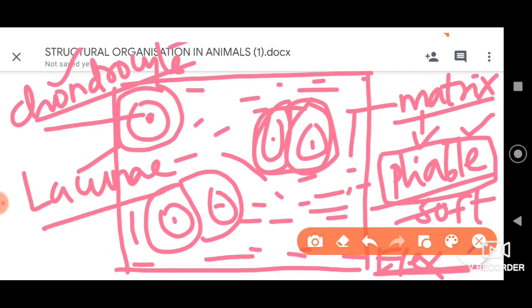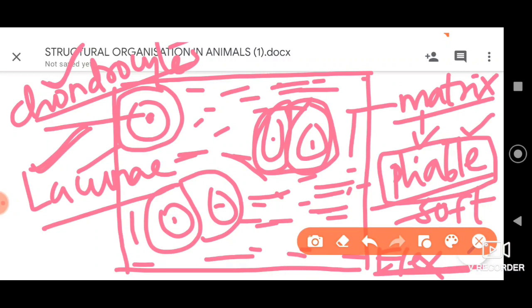That's what we say, because of its flexibility, because of its bending ability. Why is it having this ability? Because it has, as I said, elastic as well as collagen fibers well distributed in the matrix. And in the matrix we can find the fluid filled structures called lacunae, and inside the lacunae the cartilage cells are present. Those are called chondrocytes. All right, so this is the actual structure of the cartilage.